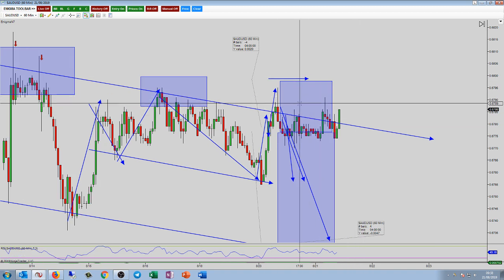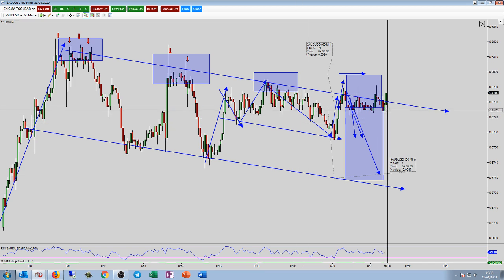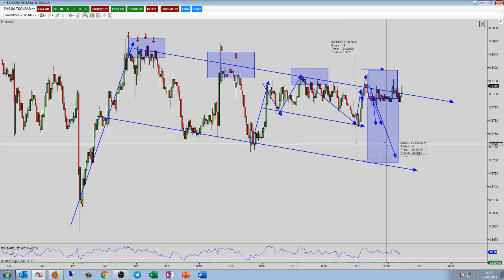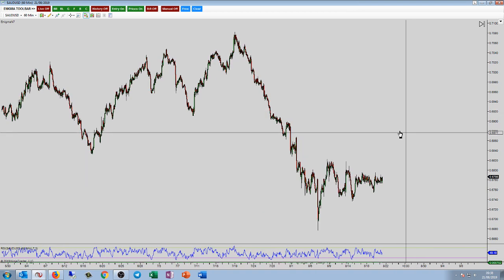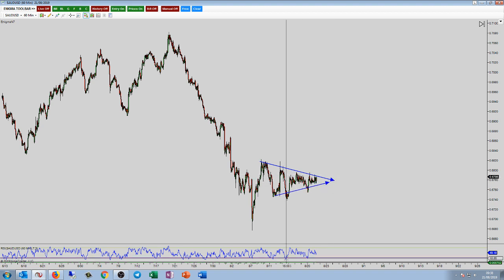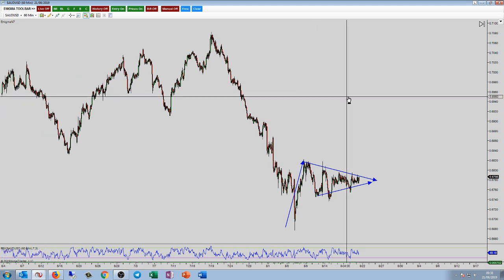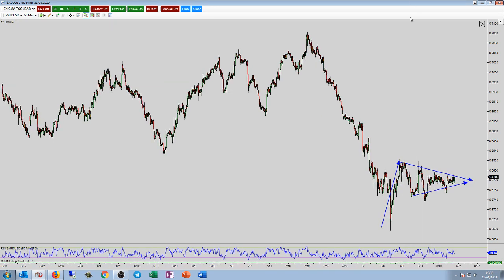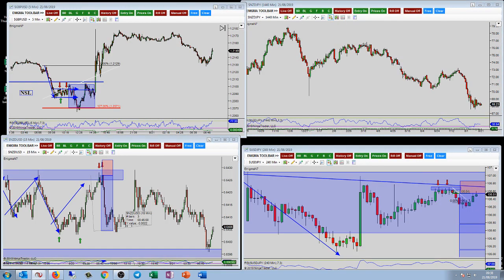There was no double top here. There was no RSI confirmation on the Aussie Dollar, so there was actually no entry to look at shorting the market anyway. And again, if we just zoom out, just look at this sideways movement, guys. It's rubbish. It's not even a breakout pattern for me. It doesn't meet the rules. The market's just waiting to break out, in my opinion. And until that happens, there's going to be very, very little for me.